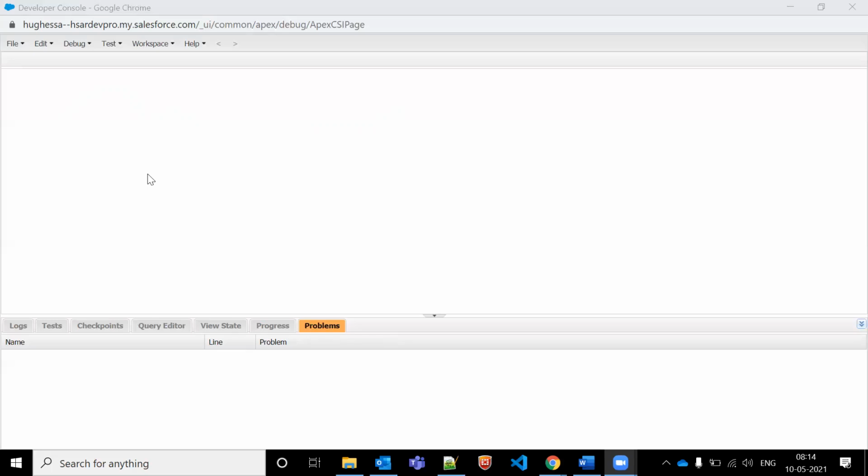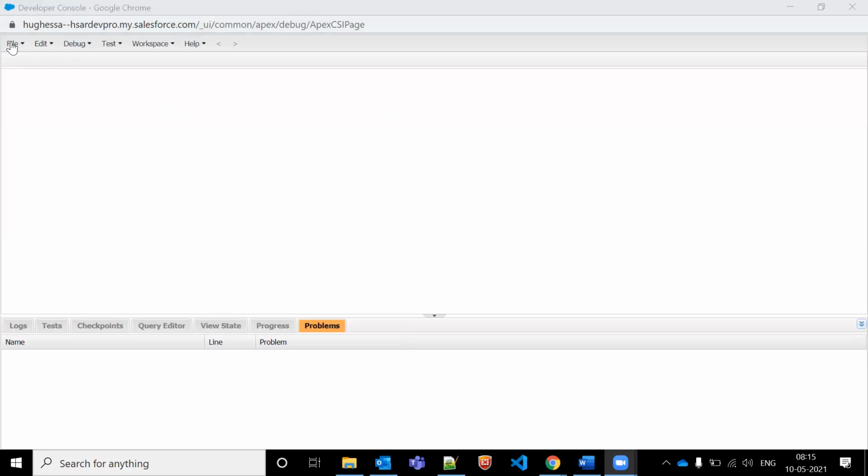As I told you, before and after. Before insert, before update, after insert, after update, before delete, after delete, and after undelete. So we have 7 types of events in Salesforce in case of Apex Trigger. That is also an interview question, so anyone can ask you what are events in a trigger, how many types of events we have, and how many types of trigger we have. So you can say it like this.